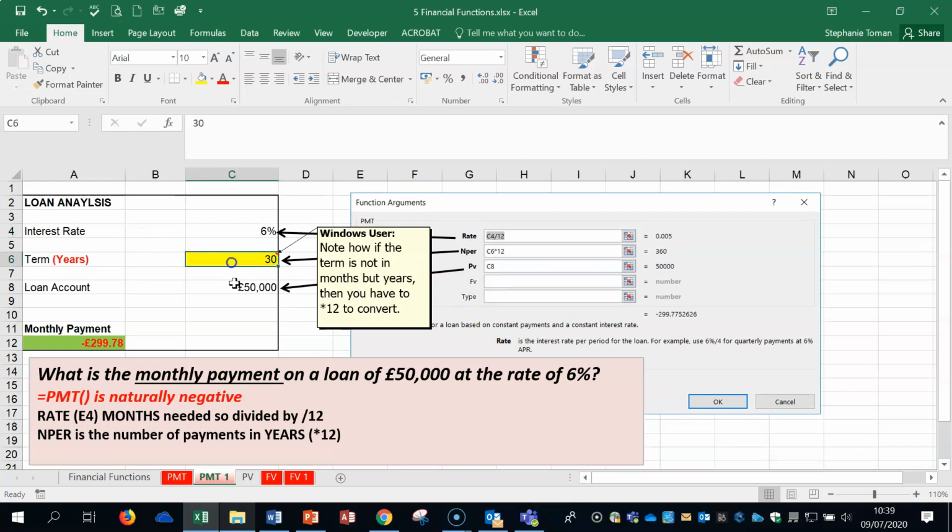Okay, things to look at. The sheet will tell you things. The question will give you some information too. What's the monthly payment on a loan? 50,000 at the rate of 6%. So it's pretty much the same question. Our answer's going in here, so I'm going to delete that. I'm using a